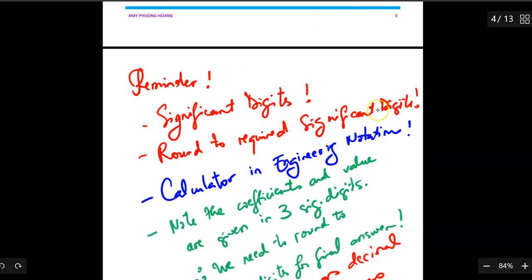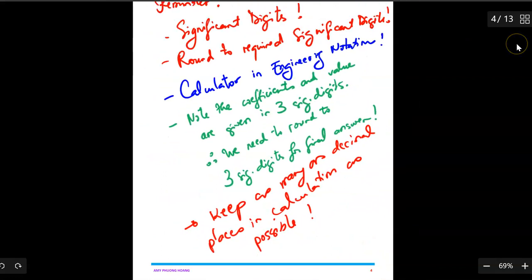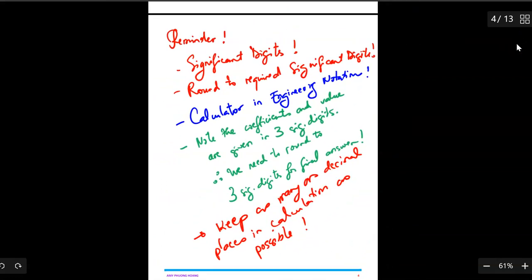Because we have to round to 3 significant digits, we don't want to cut off our decimal numbers, like the placeholder, because the more decimal places that you use, the better your answer should be. Okay, so